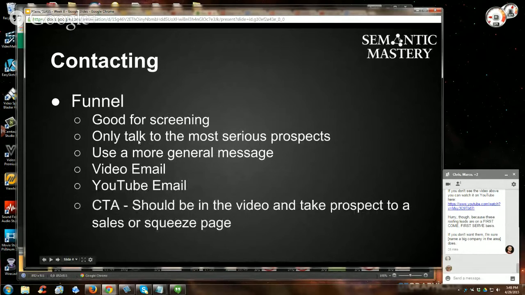Contacting with a funnel, guys, is good for screening. This is my preferred method now because I'm not really hurting for clients. So those of you that already have income coming in, but you'd like to bring more in, then this is a good way to do it. If you're not pressed for money immediately, setting up a funnel is hands down my preferred method. Again, I'm testing several different funnel methods right now for prospecting, using some expensive software. But you can bootstrap it, bare bones it, by just using a good